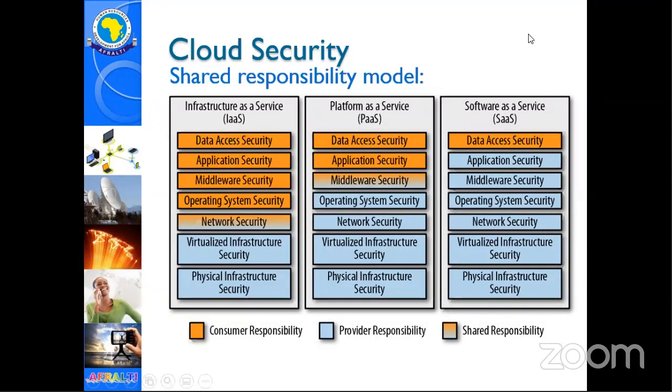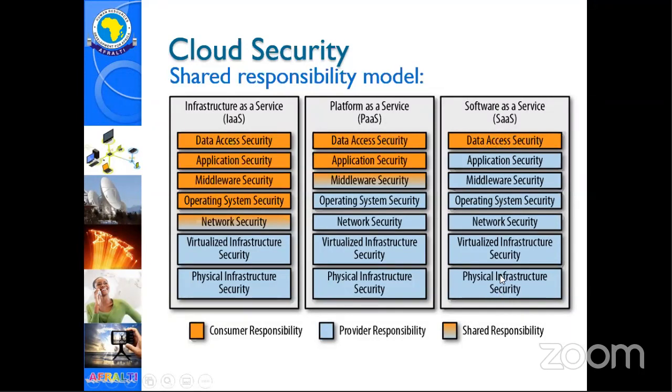In software as a service, the cloud provider will give you all the security up to the application. An example is Office 365. They provide up to application security. The data security is your responsibility. If you save files on Office 365 that are of a critical nature or should not be stored on the cloud, then you are responsible for ensuring the security of that data.